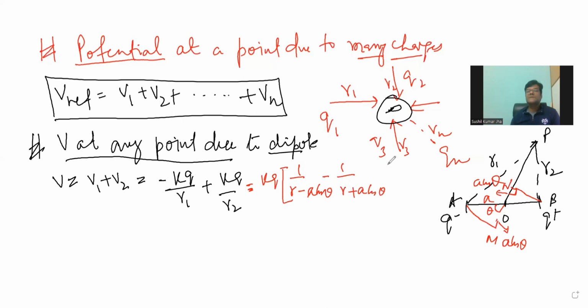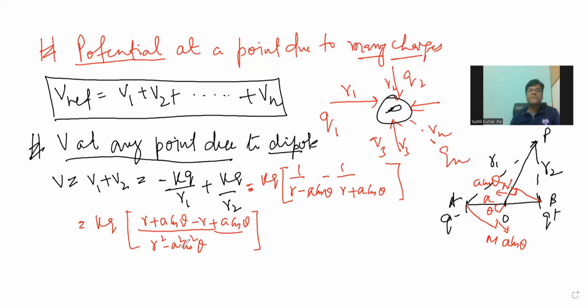This part is A, which is plus. Now if we solve, KQ is common. Inside it will be R square minus A square cos square theta. So we are left with R plus A cos theta minus R minus A cos theta, which means